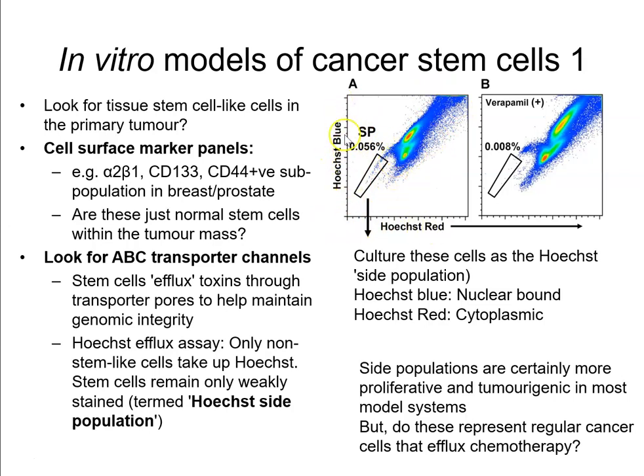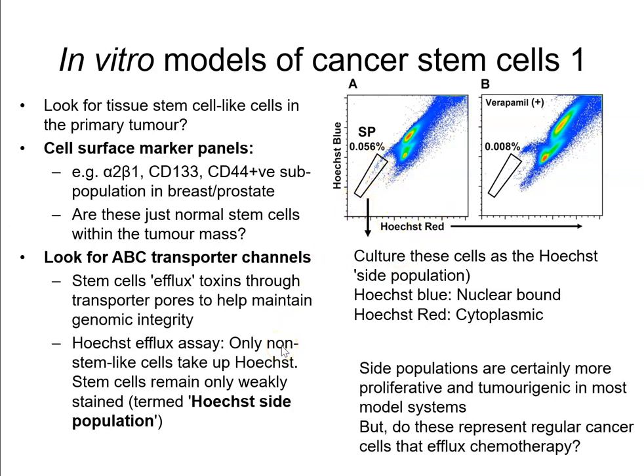on both axes, both Hoechst red and Hoechst blue. This is just nuclear bound and cytoplasmic, but the key point is most cells are up here and they represent that's the bulk population. There's this rare population here that is relatively weak for Hoechst staining. If we then add in verapamil, which can block these efflux channels, these cells that were weak for both Hoechst channels are no longer present because they are now part of this bulk population because they are Hoechst positive. So looking for what we call the Hoechst side population, which is these cells, can